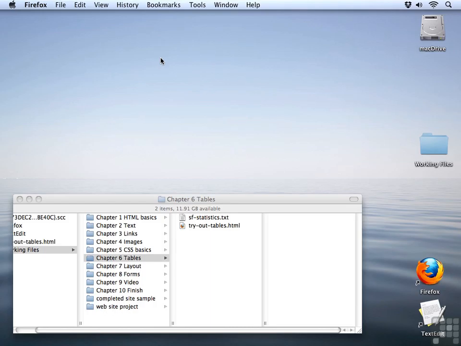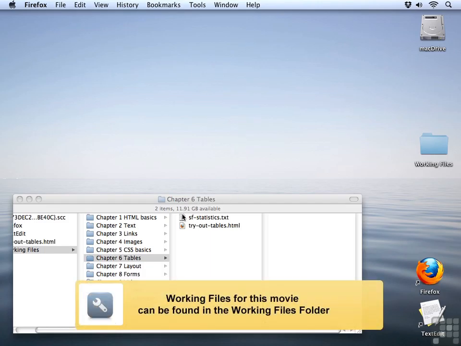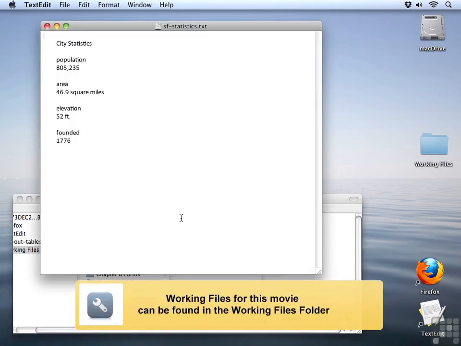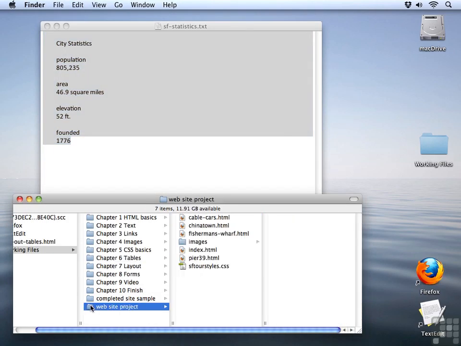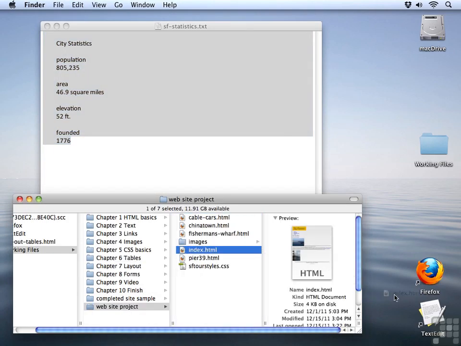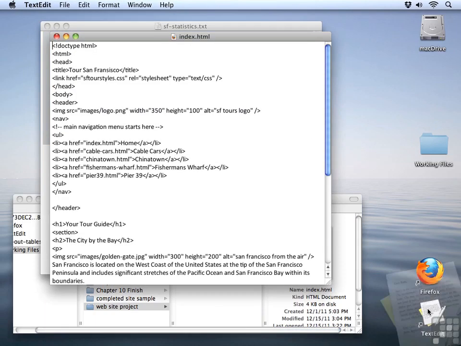Now for our website project, I just wanted to add a little table of statistics to our homepage. I've got a text file right in the Chapter 6 Tables folder, so let's open that on up. And you can see I've got some basic statistics about the city of San Francisco. I'm just going to copy this text here, and let's go over to our website project, and we'll open up the index page. I'll open it up in my text application first,